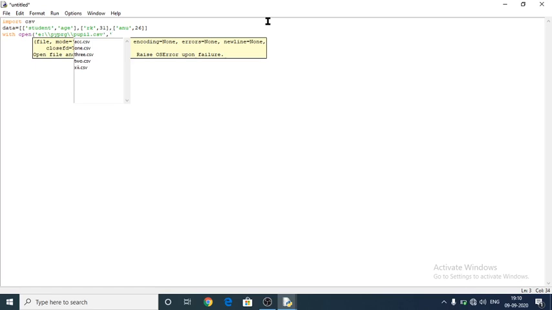Because I am going to write this file as a CSV file, I have to give w.